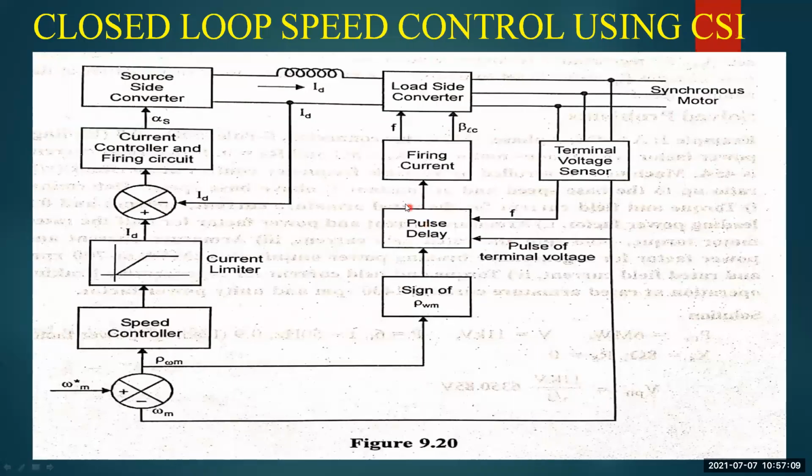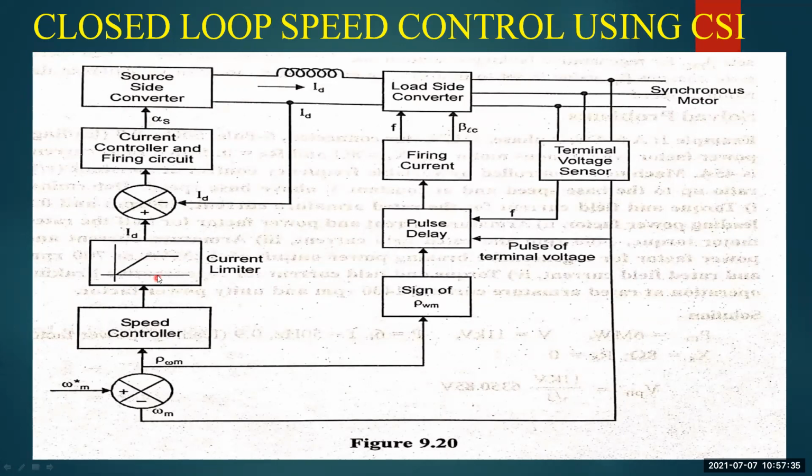So this is about closed loop speed control using a current source inverter. Omega m star minus omega m is positive, so the speed error is positive, and beta LC, the lead commutation angle, is positive, which means motoring operation. According to that, the speed error is also processed through a speed controller